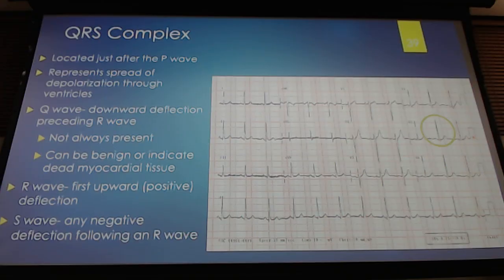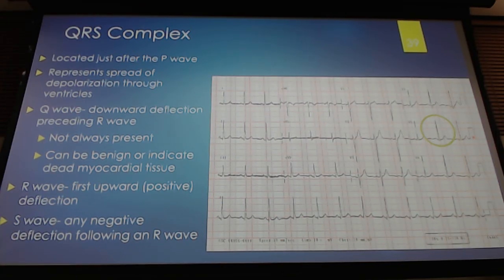That QRS complex is the only complex we have in our ECG. It's located after the P wave, after the PR segment, and represents depolarization through the entirety of the ventricles. So the ventricular septum, the ventricular apices, and the ventricular bases are all in that QRS complex. And remember that Q wave, we may not see it, but if we see it,